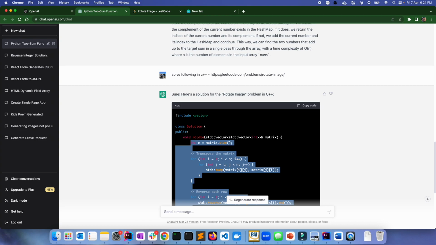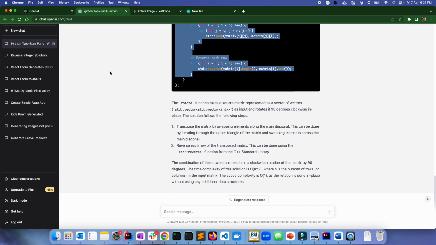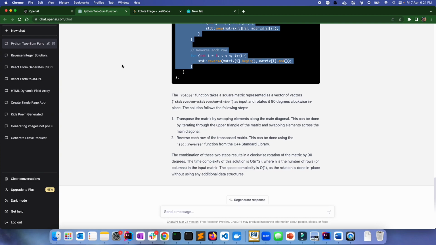Cool. So let me know what other tools I should explore. Apart from ChatGPT, I'm also trying to explore some other AI tools, about which I'll make another video.